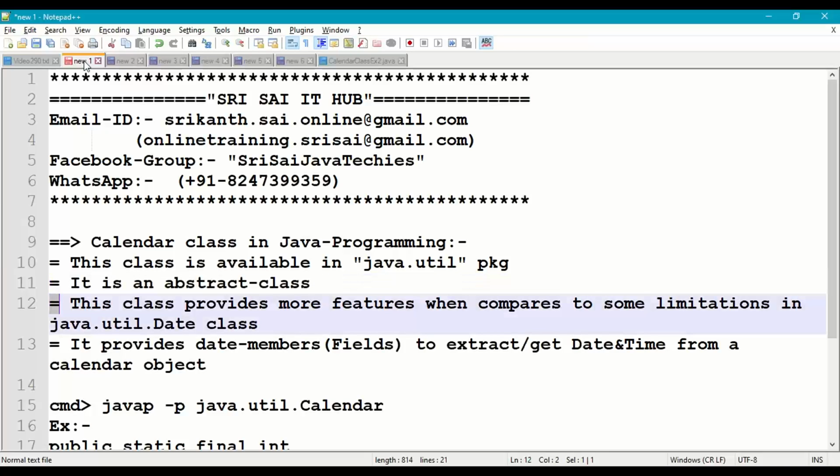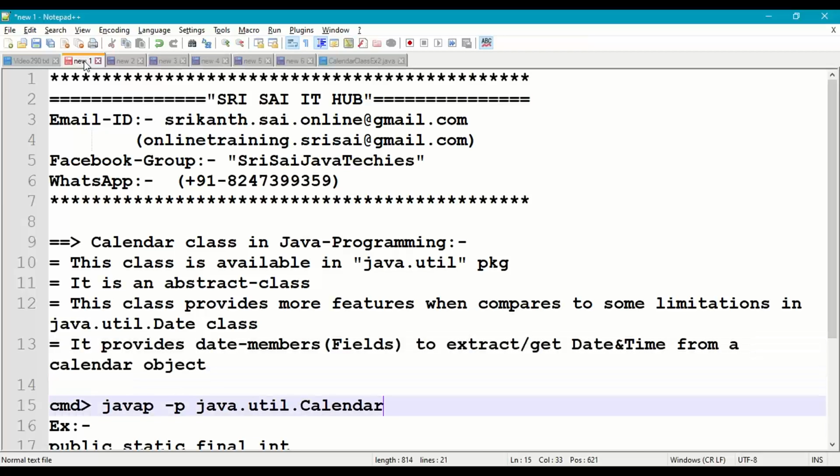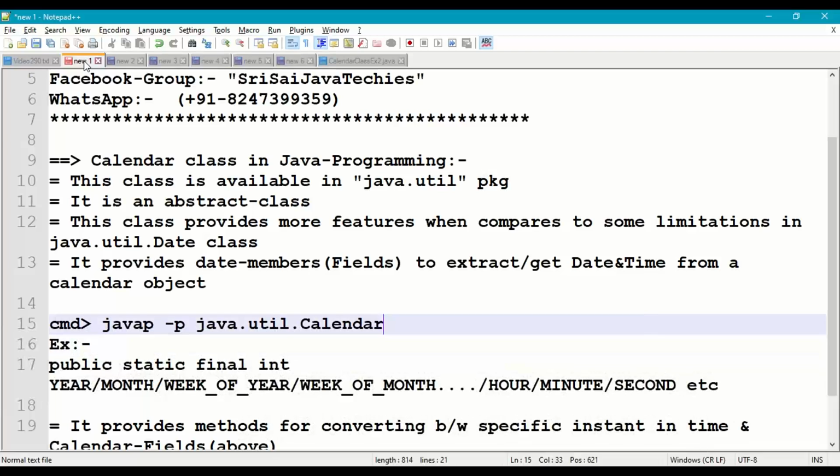This class provides more features when compared to the limitations which are available in the Date class of the util package. Next, it provides data members or fields to work with date, time, and calendar. And these fields can be extracted with different methods. If we see the description of the Calendar class,